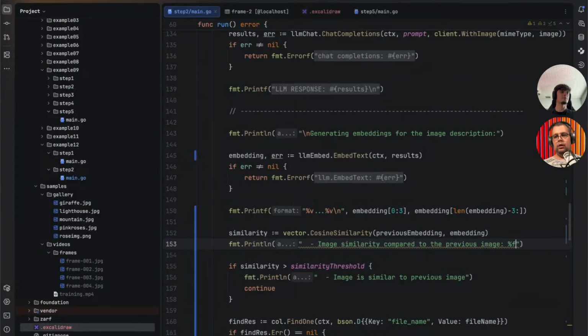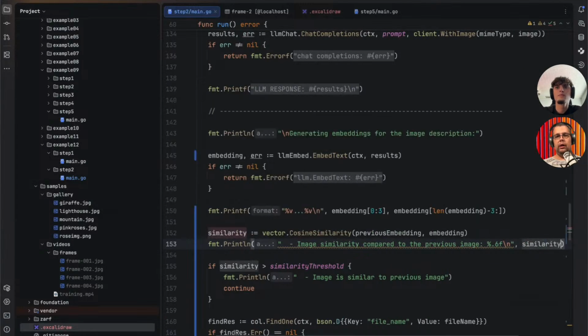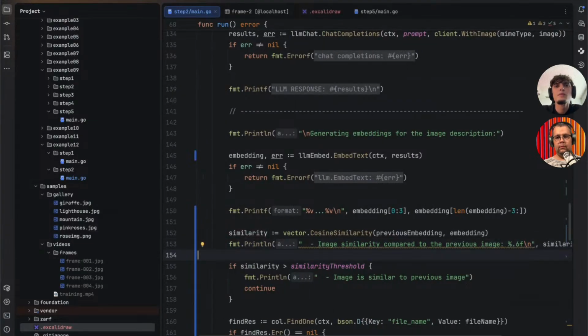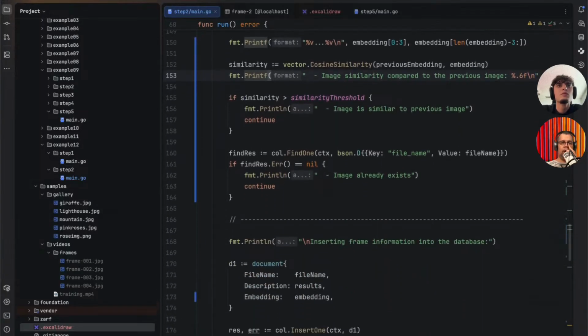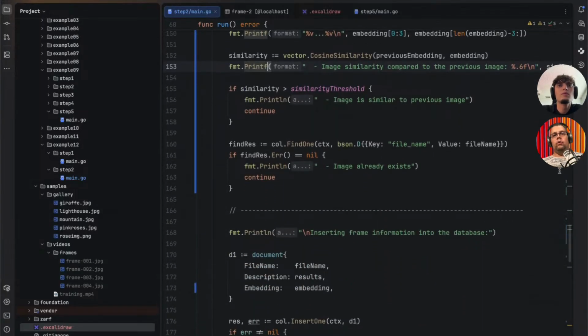Let's say it's a float. Let's only output, I don't know, 0.6 of a float similarity. And then let's change that. And you know what we haven't done? We have not updated our